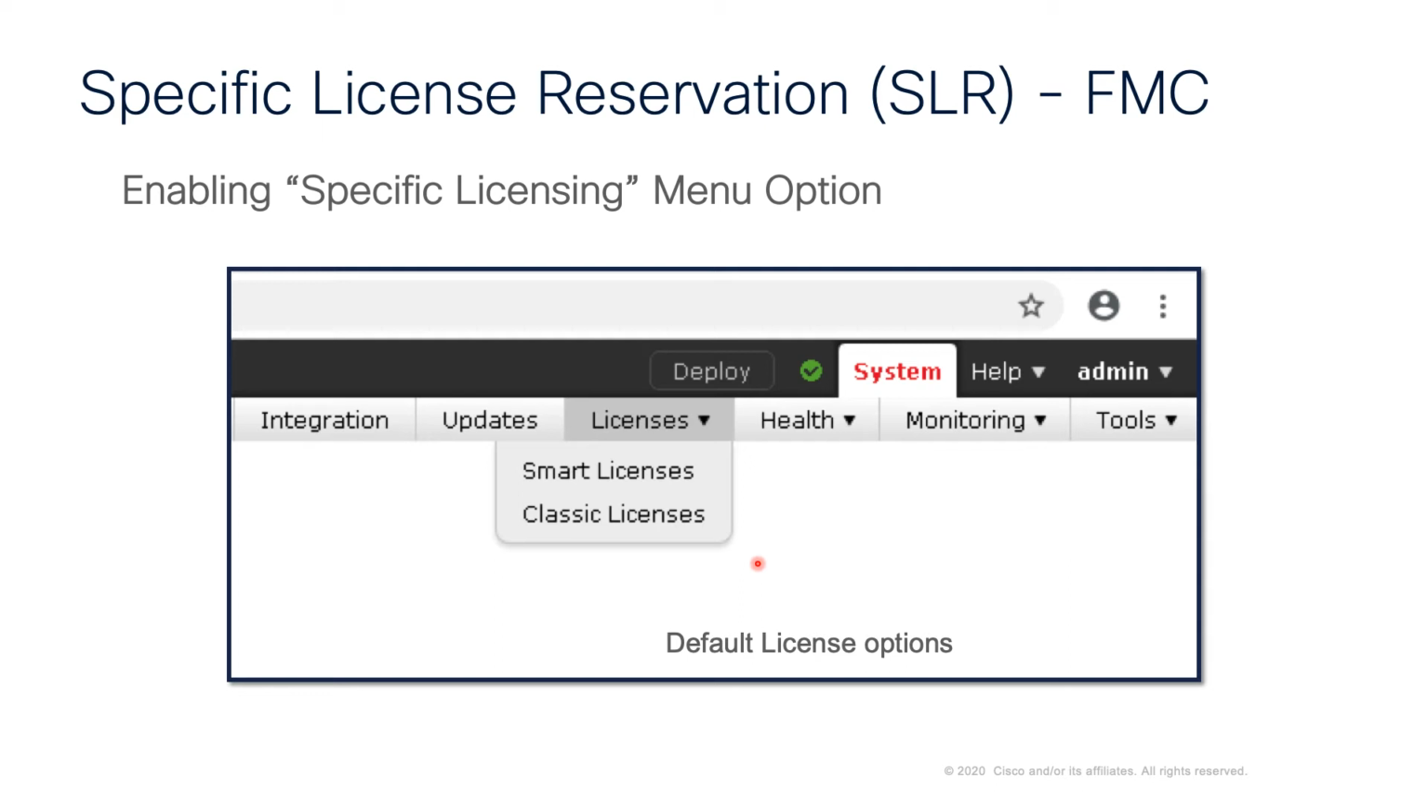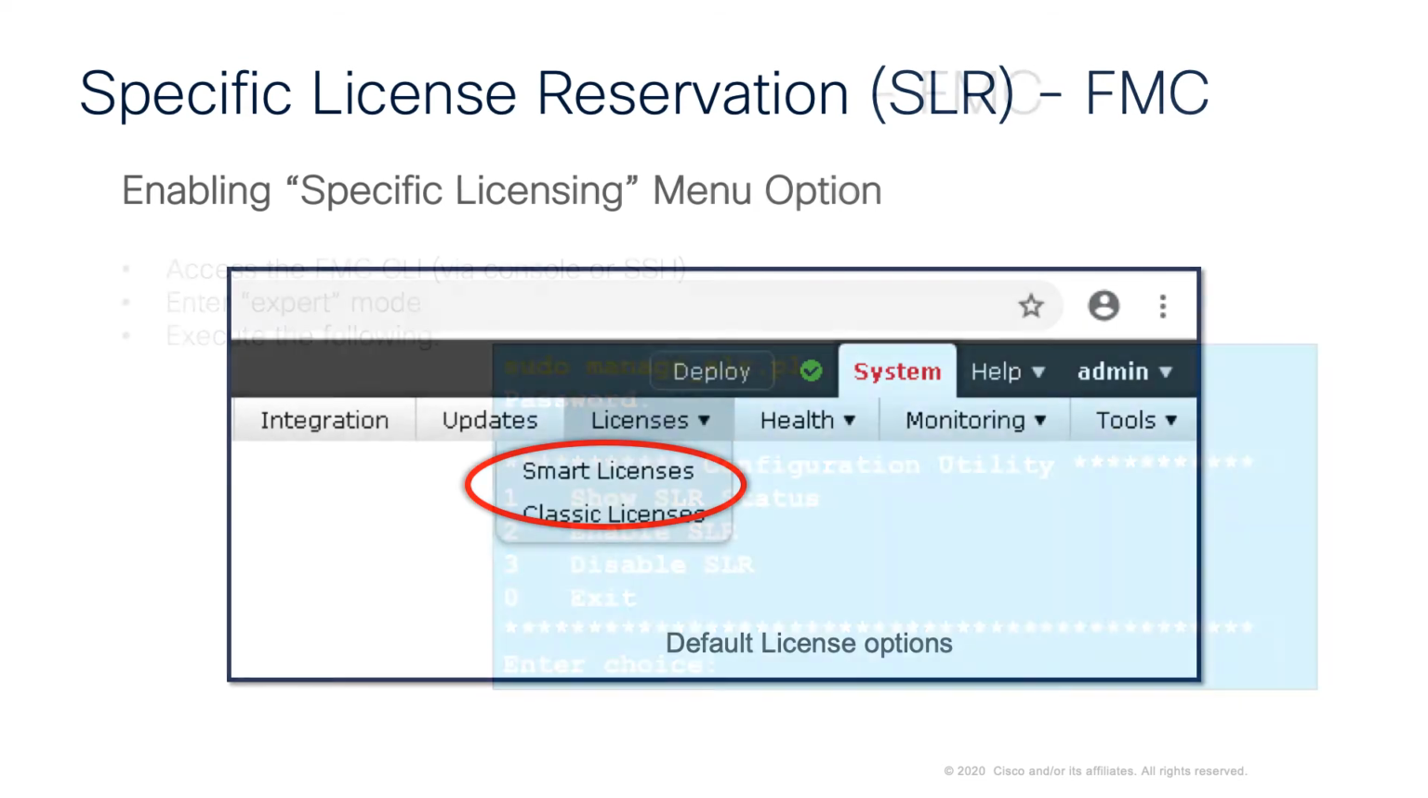So for SLR, for specific license reservation, what you will do is go into your System menu and go to Licenses, and you'll notice that the default licensing options, as you can see here, are smart licenses or classic licenses. So what we're going to need to do now is